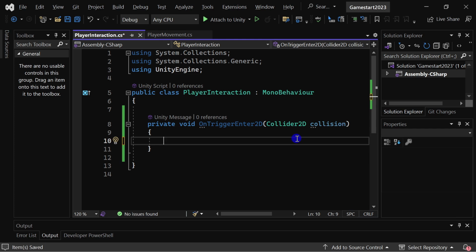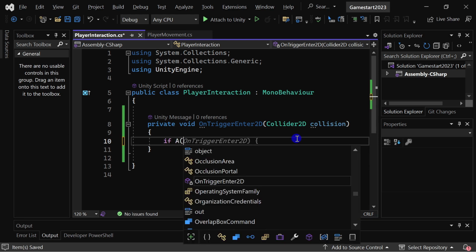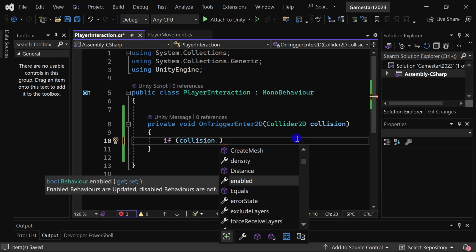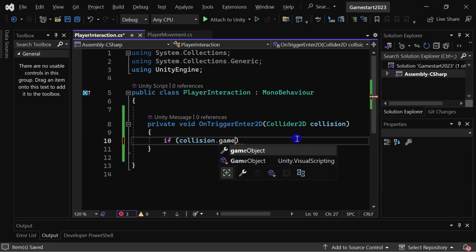If I moved into a pen, it's going to tell me this is the collider for the pen object. So we're just going to make use of this information and say that if collision, so if the collider of the object that I moved into and the game object of that collider,